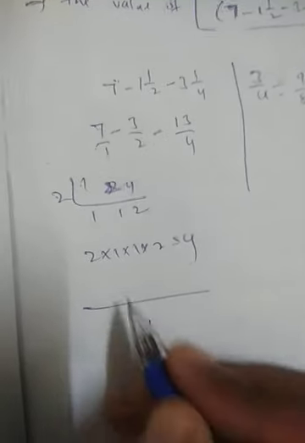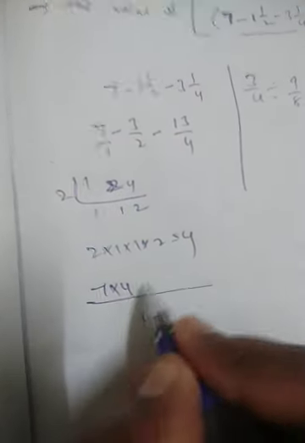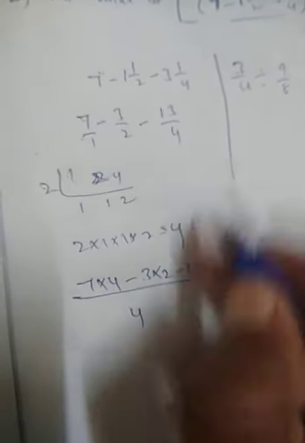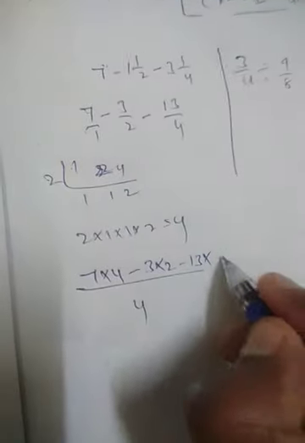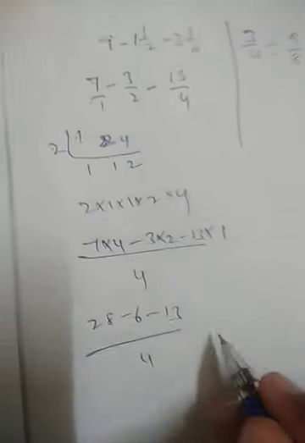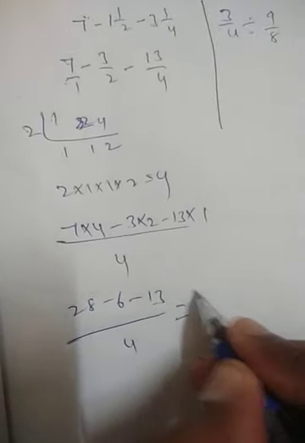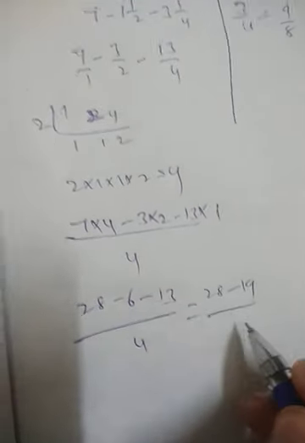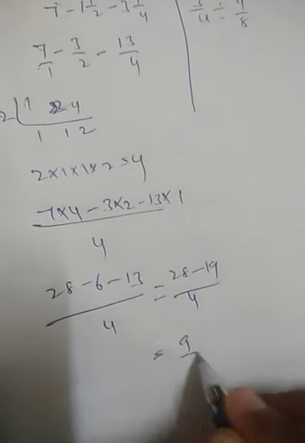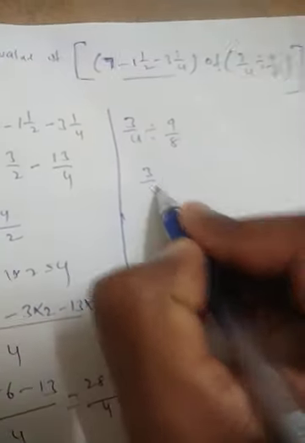So what is the denominator here? 4. Take 7 and close 1, you will get 2 to the 4, minus 3 you have to take 2, we have close 2, 2 1 the 2, minus 13 you have to take 4, we have close 2 to the 4, 1 you will get 7 4 the 28, 2 3 the 6 minus 13 1 the 13 divided by 4. This will be equal to, add negative numbers, 6 plus 13 is 19, so 28 minus 19 is what? 9 by 4.